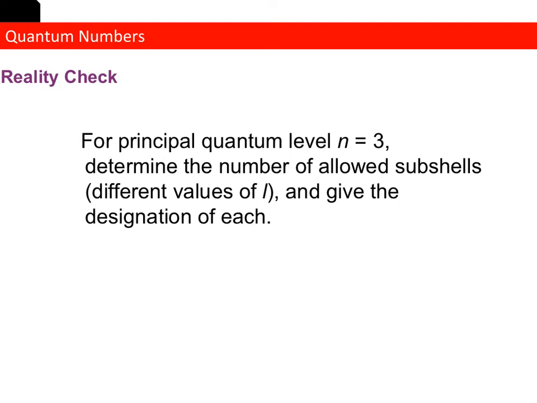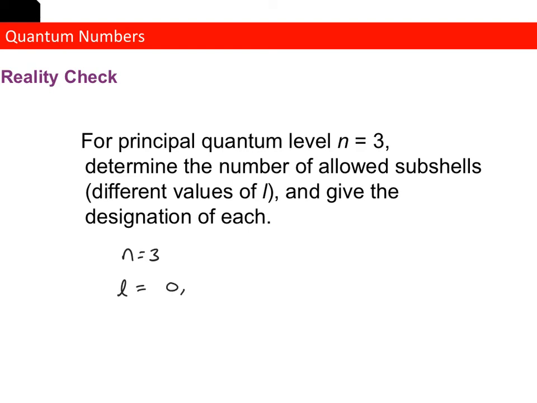So remember, in the third energy level, when n equals 3, there are 3 possible L values. That pattern emerges. In the first energy level, there's only 1 possible L value. In the second energy level, there's 2 possible L values. In the third energy level, there's 3 possible L values. Now remember, as we learned on the last slide or the last couple slides, the possible values for L are